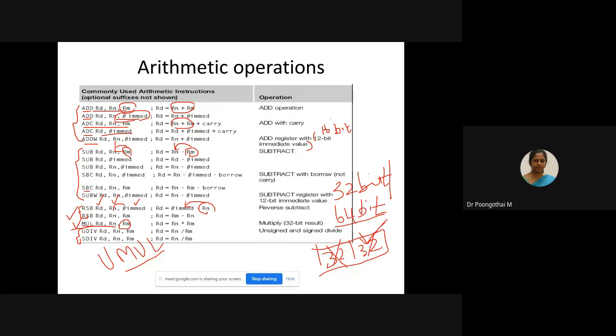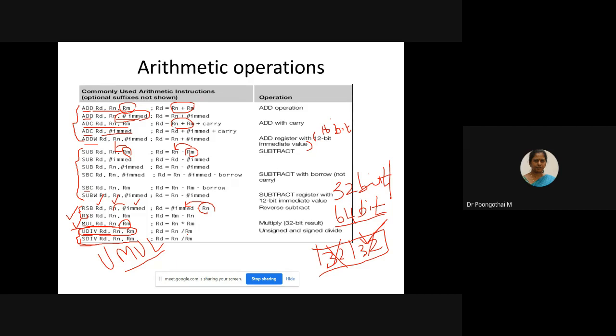And under division, there are 2 basic instructions to perform a division operation. One is the unsigned one and the other one is the signed. So this is for unsigned values, and this one is for signed values. The operation is Rn divided by Rm, and it will return the quotient alone.